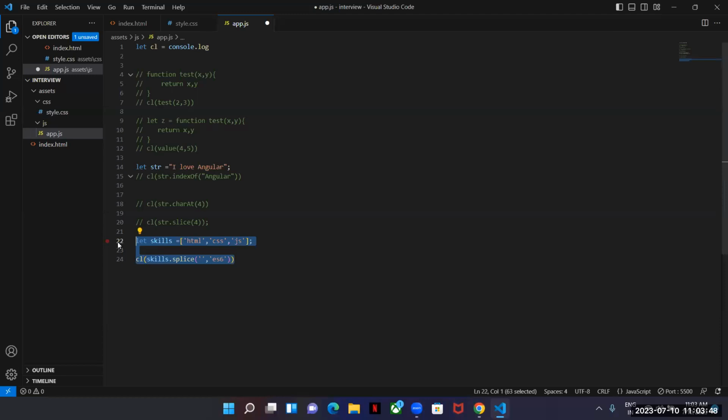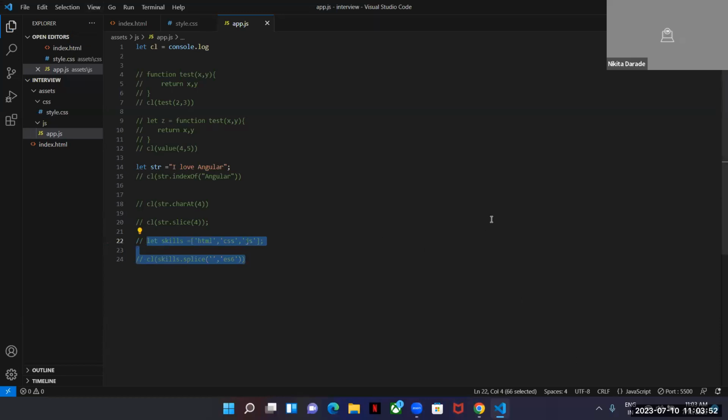What is the difference between some and every method? In some, if one element in the array satisfies the condition, then the output is true.